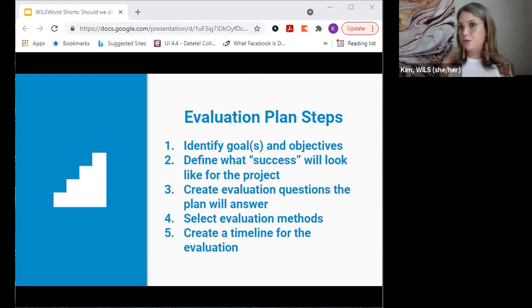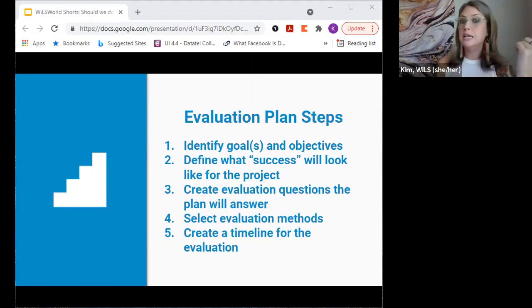So there's lots of different evaluation questions that you might want to account for, broader impacts, other metrics that might be impacted, like DPI annual report data items, et cetera, et cetera. So once you have your goals and objectives, you have your evaluation questions, you've thought about what success is going to look like for your initiative, you can then consider your evaluation methods. How are you going to track progress? This can be done through so many different avenues, but I'm going to hit on the high level ones that probably most of us have at least heard of, if not been involved in.